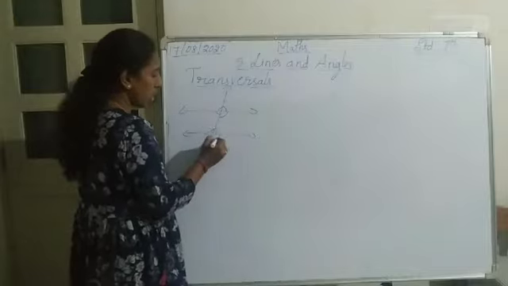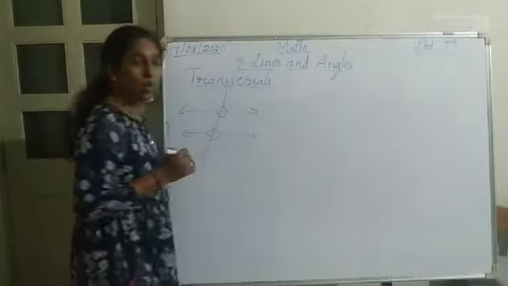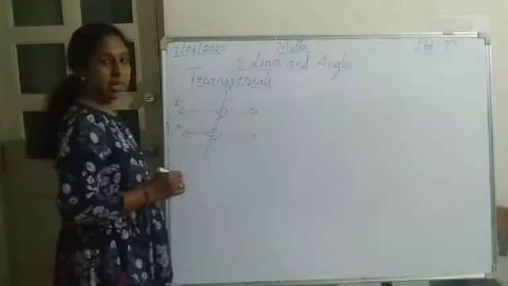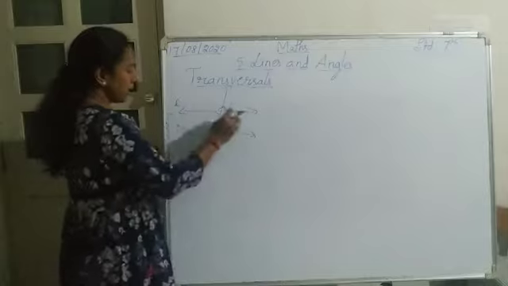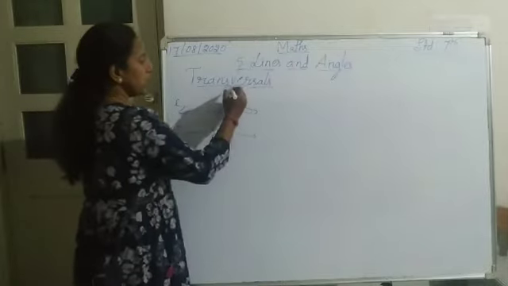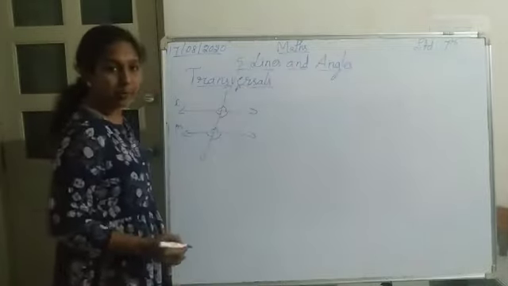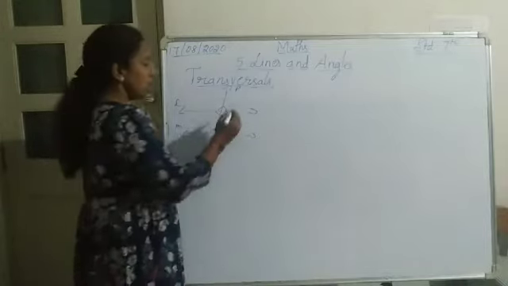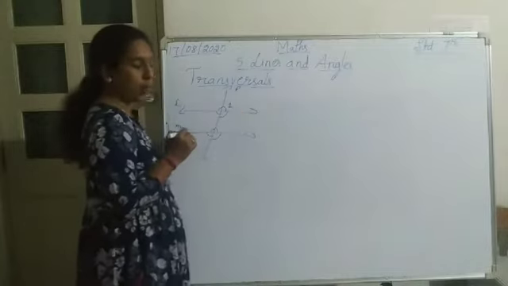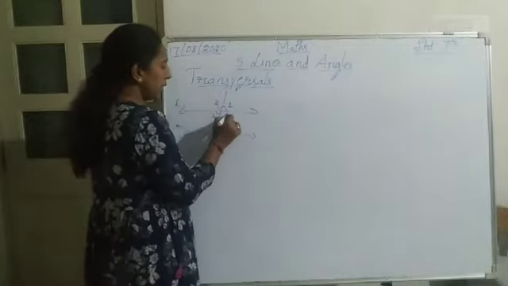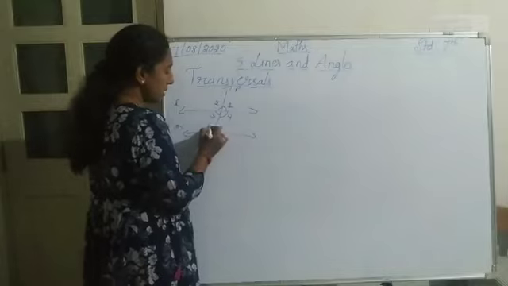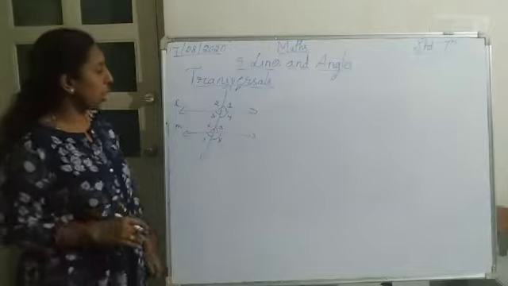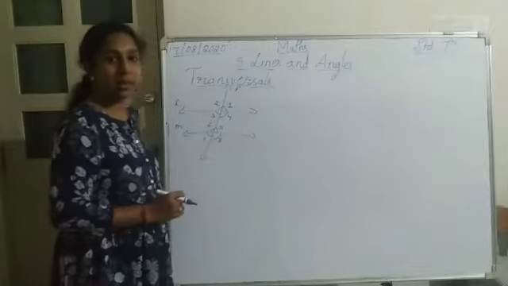Now for all the angles, I will take this one as line L and this as line M, and this one I can call P. Here at two distinct points it is making angles. For these angles I will give numbers: 1, 2, 3, 4, and here 5, 6, 7, 8, to understand it much better.